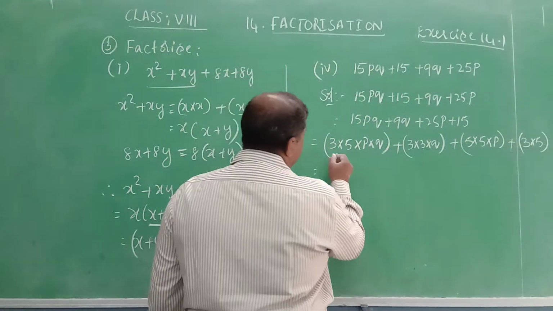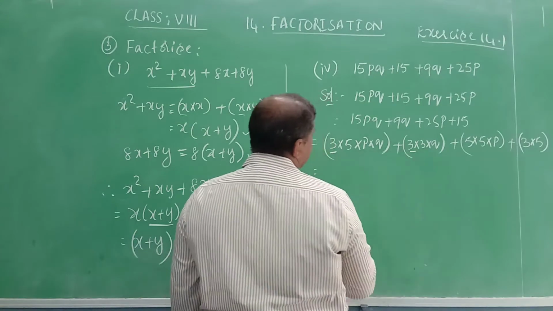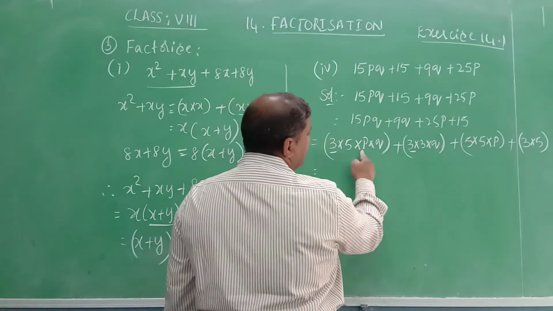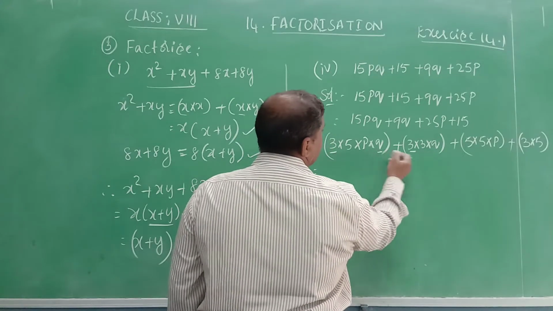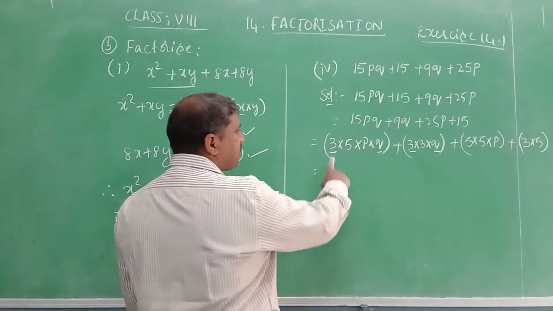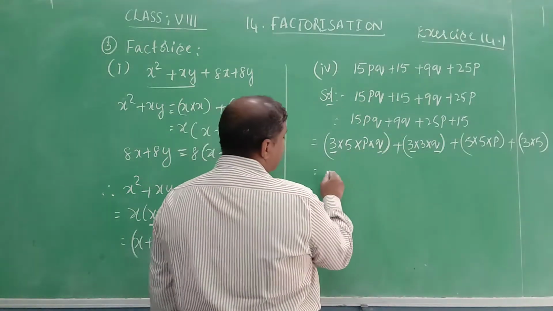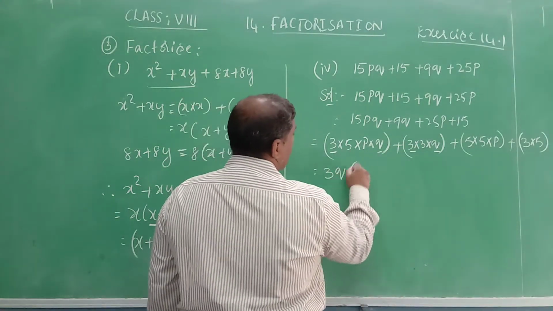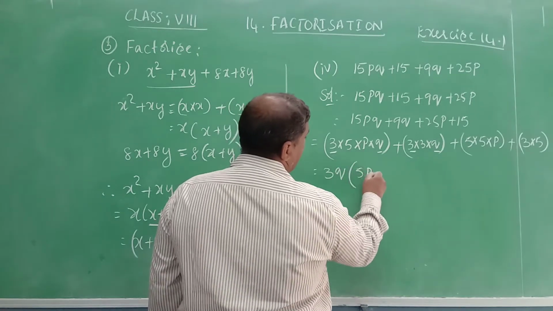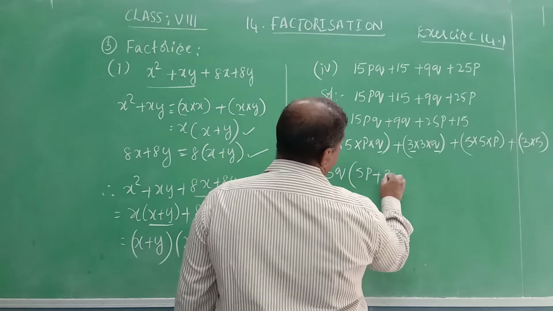In the first two terms you have 3 there, one common factor, and here 5 is there but there is no 5 in the other. Next, here p is there but there is no p. Here q is there and here also you have q. So what are the common factors in the first two terms? 3 and q. Multiplication, there is 3q into what is left? 5 into p, it is 5p, plus what is left, it is 3.